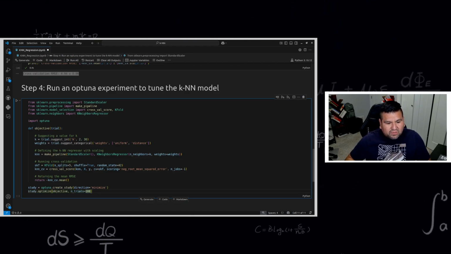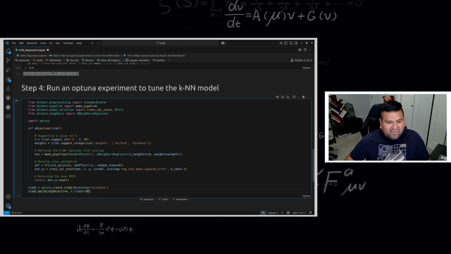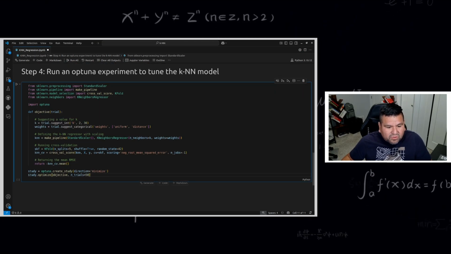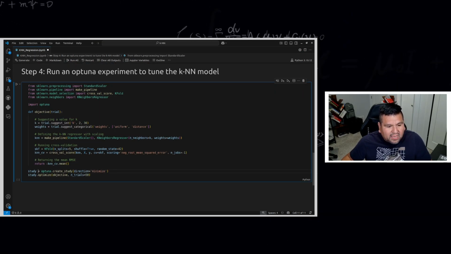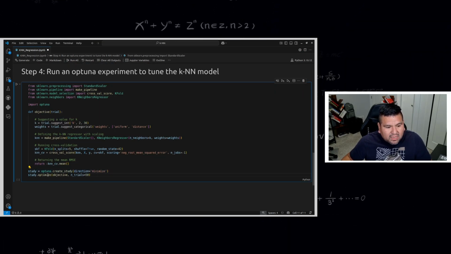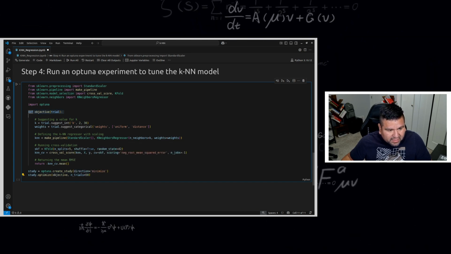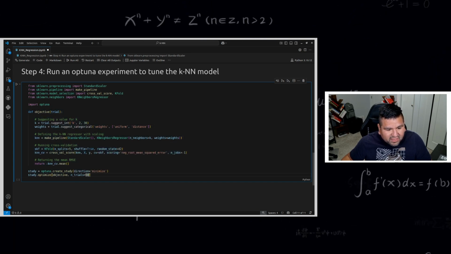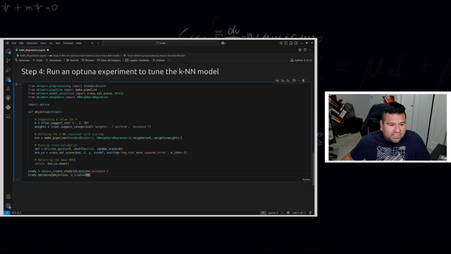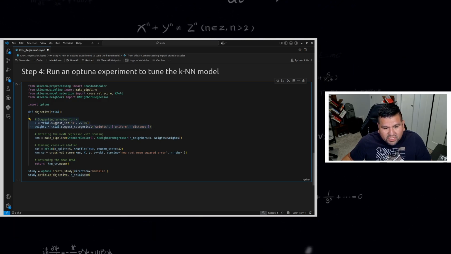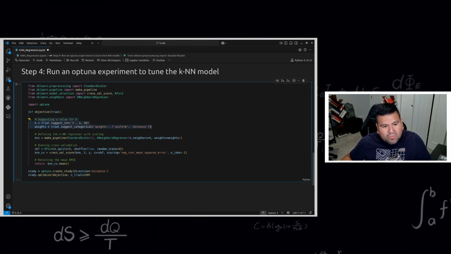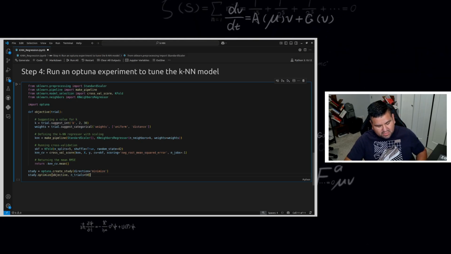Just for illustration purposes, let's run only 50 trials. Again, here we're defining the study, and then here we are running this process 50 times. What is going to change is the combinations. Okay, so if I run this,